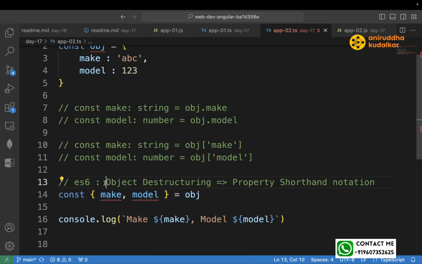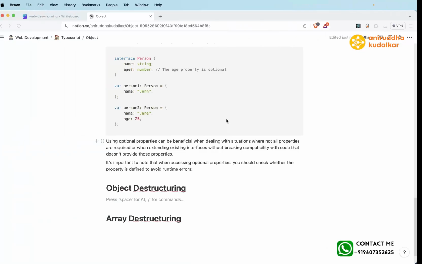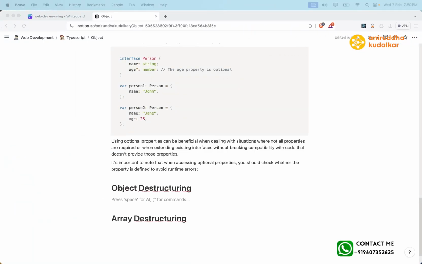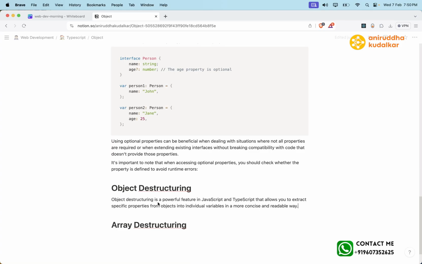Okay, ES6. While we write the notes, you might remember it. Object destructuring is a powerful feature. Object destructuring, or if you still didn't understand,